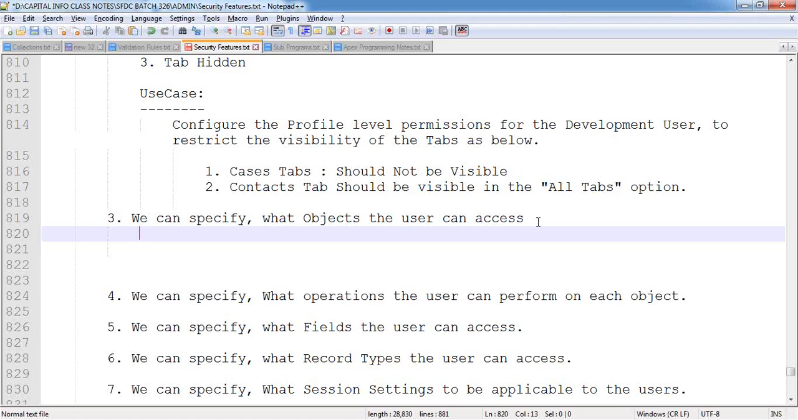Whenever I am indicating what objects a user can access and what operations he can do, for every object Salesforce provides 6 checkboxes here. For every object, Salesforce provides 6 levels of permissions. On every object level, you will have 6 permissions available. For example,